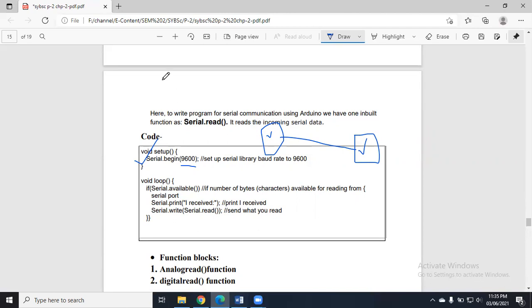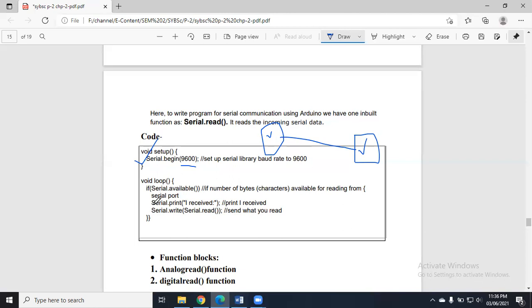Now here Arduino is continuously checking the serial port for any data. If there is data present on the serial port, then what to do? We have to print that data. Simple. How are we going to print it?